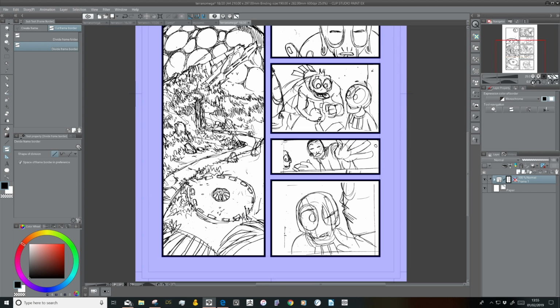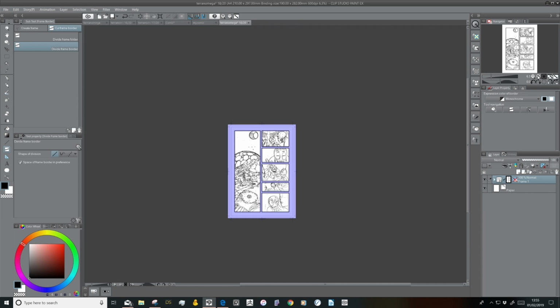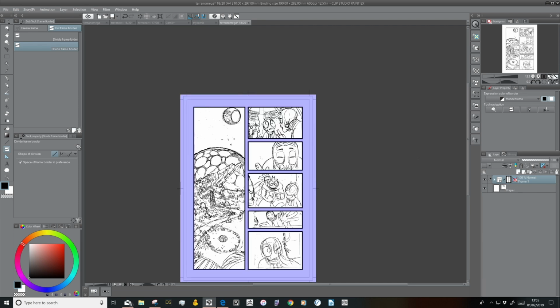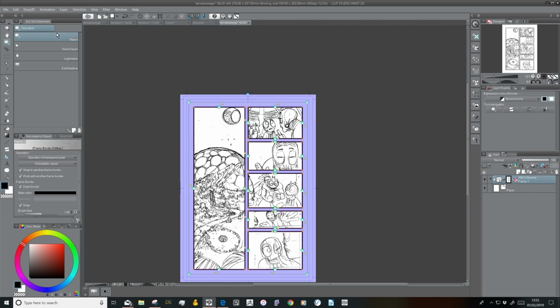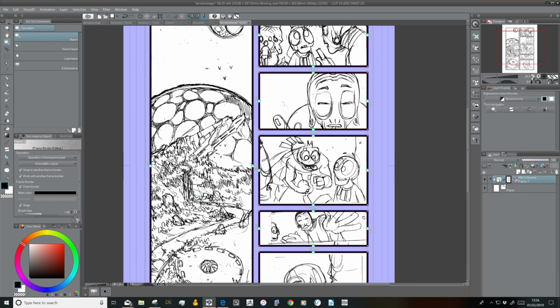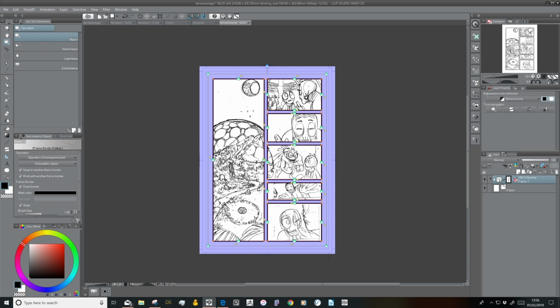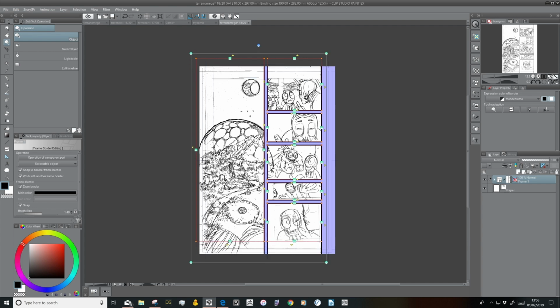Now the reason I do all of this is that the next step in my process is to use the object subtool. Object subtool is a way of editing meta objects, things that aren't drawings, things that aren't layers really, but are other things, so 3D objects and panel borders and other tools. So I can then go in and grab these little handles and shrink and enlarge them, and you'll see as I shrink and enlarge this one,